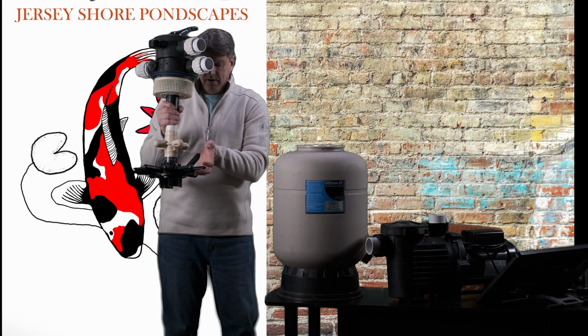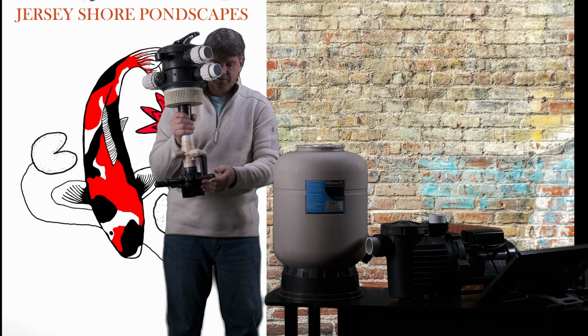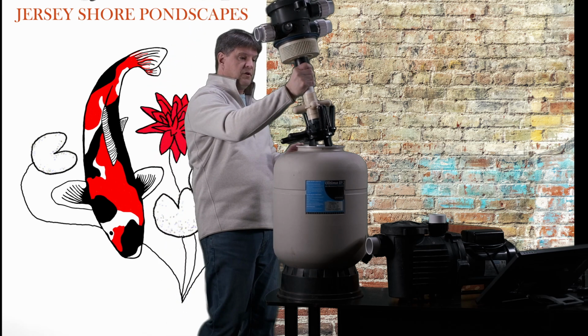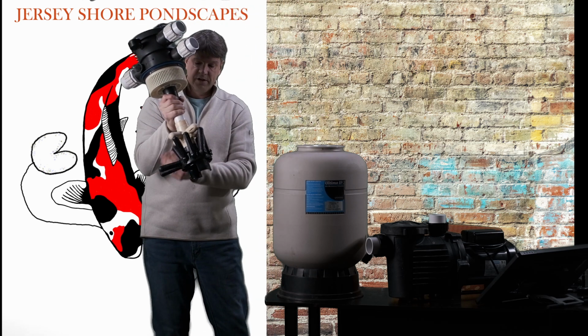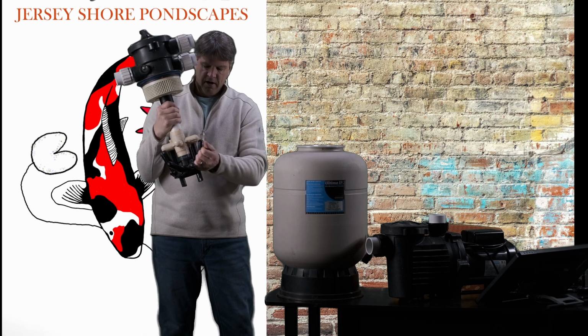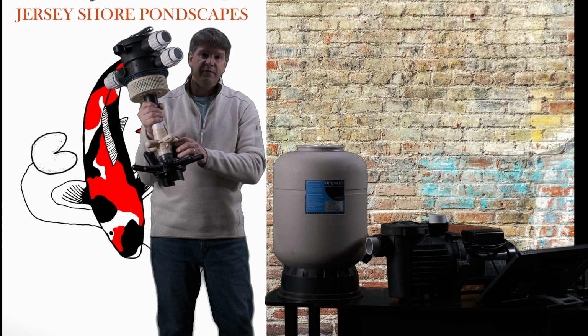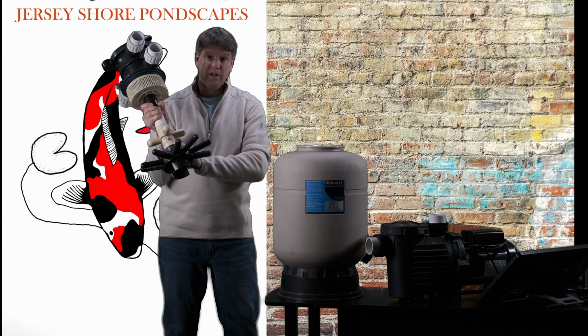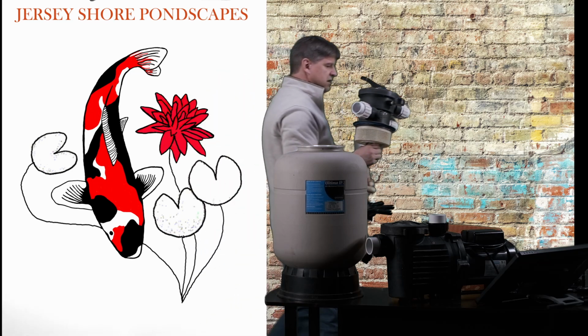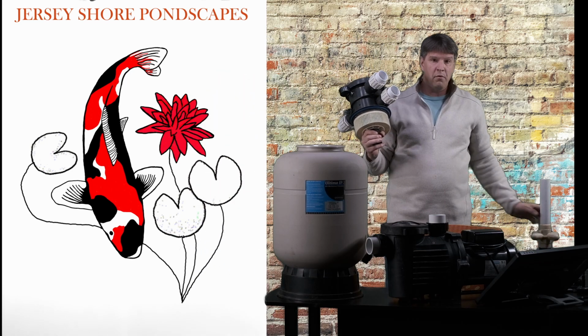These fold up. Okay, all these things will fold up. So when you need to put this thing back into your filter tank, you're going to fold up all these little fingers and pull them out. Now, if this tank should get really dirty, and you put it on backwash,